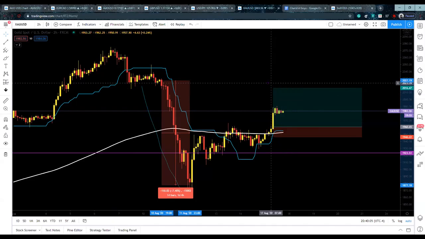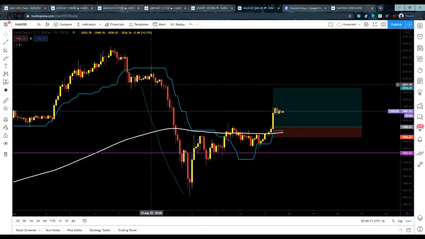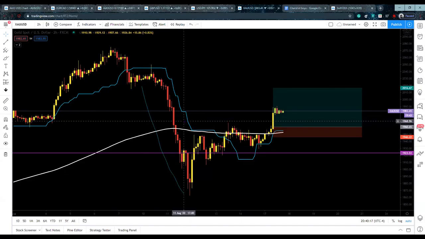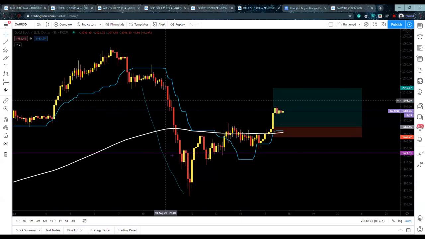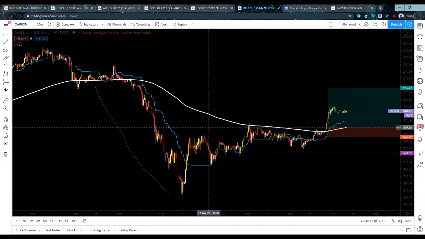Now, are liquidity gaps not as effective on lower timeframes? You will see liquidity gaps everywhere, right? You will see liquidity gaps effective on lower timeframes as well. If you look at the 10-minute, the 15-minute, the 30-minute, it will essentially show this. It will show it the same way, just with a couple more breaks in price. Now, if we look at, say, the 30-minute, you will see that